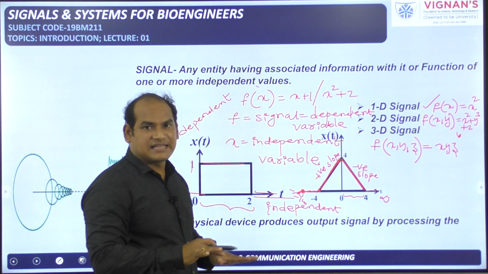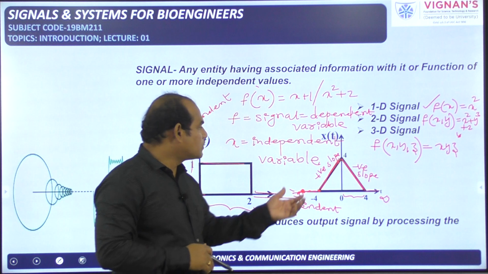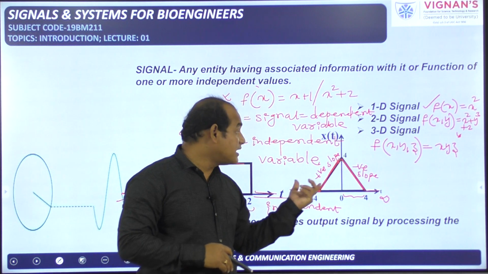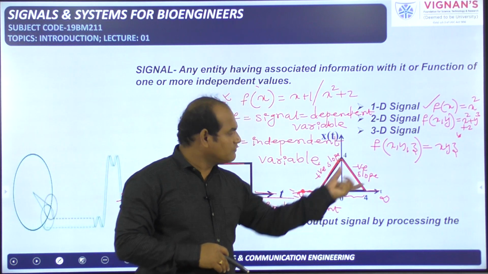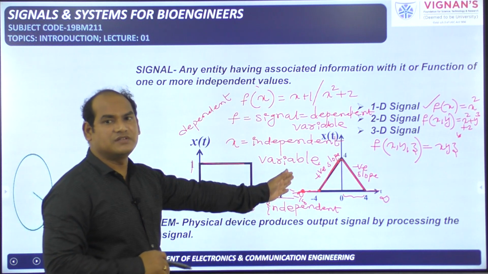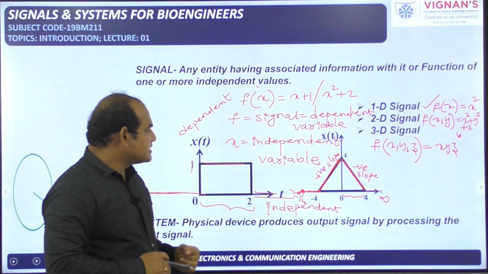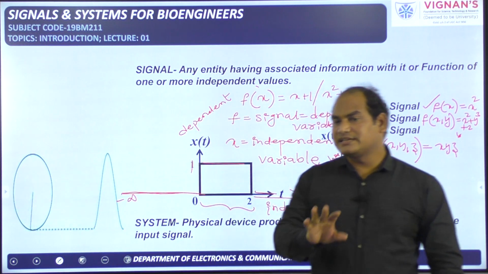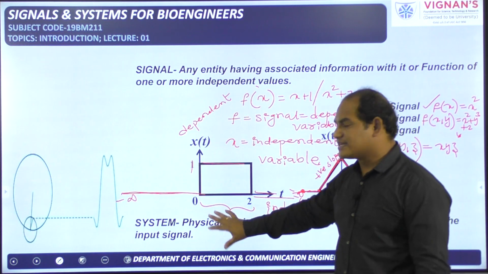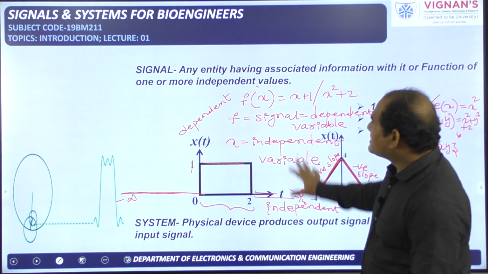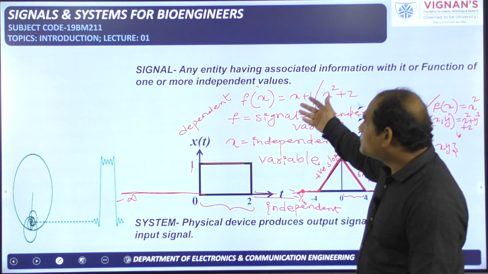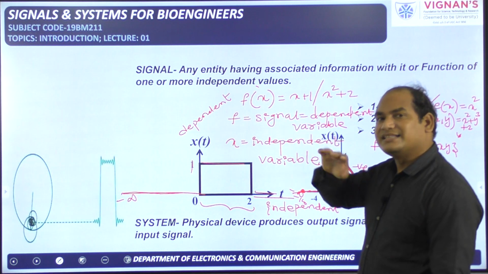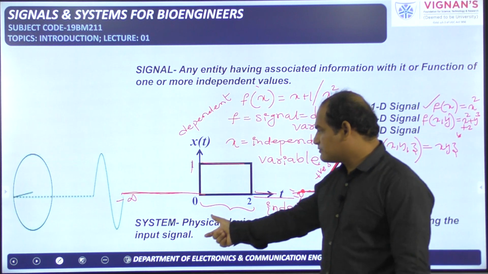So this is a basic lecture only. Afterwards we will see how to calculate all these things, how to write the mathematical representation by observing this graphical representation. All these things we will see later. Now system. Our subject is signals and systems, that's why I have defined signal here, next system. Signal can be the input signal, and can be the output signal for any particular system. So first system we will see.